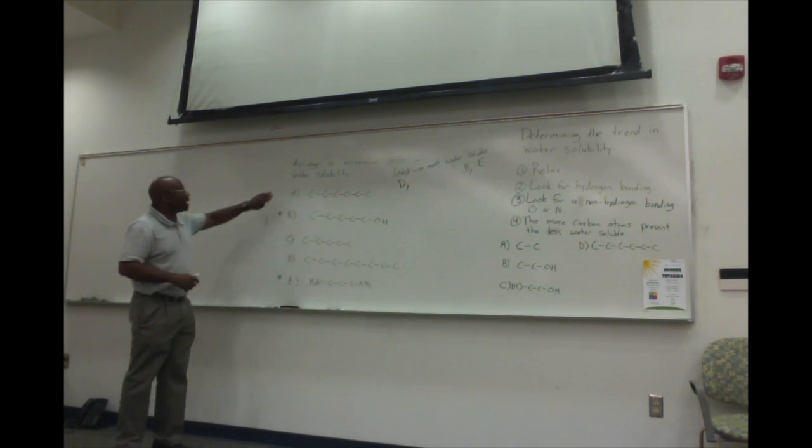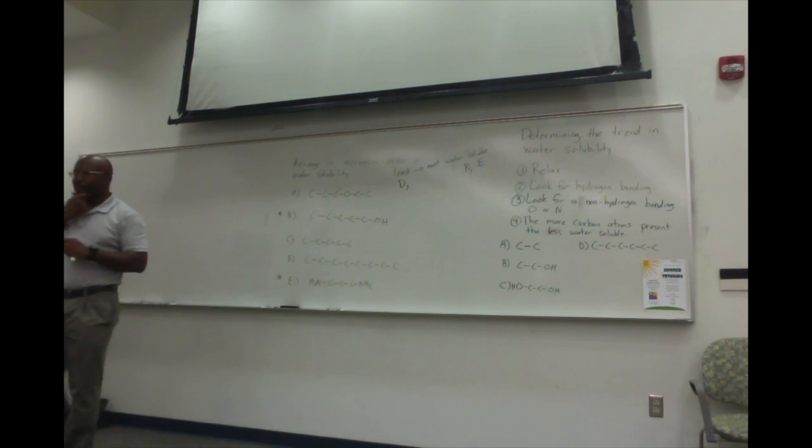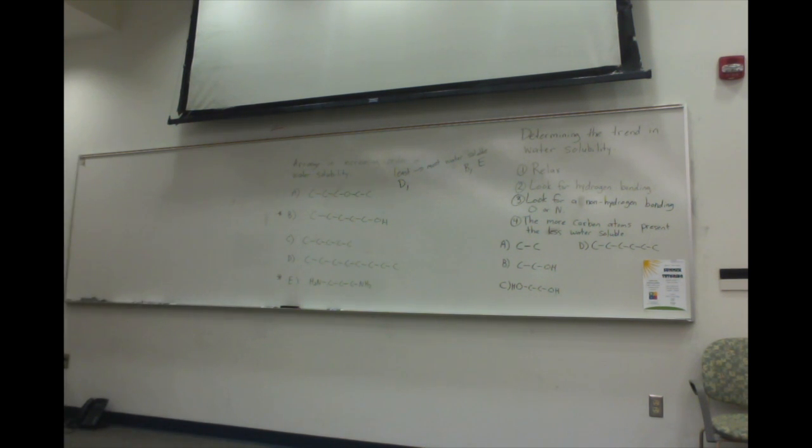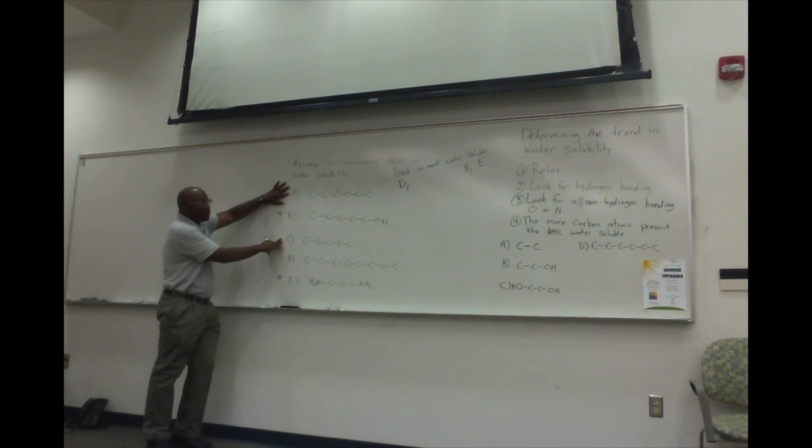Now we got between A and C. How's it between A and C? C would be the least and the highest is A. C would be the next. Now then between A and C, if you look at A and look at C, both got the same number